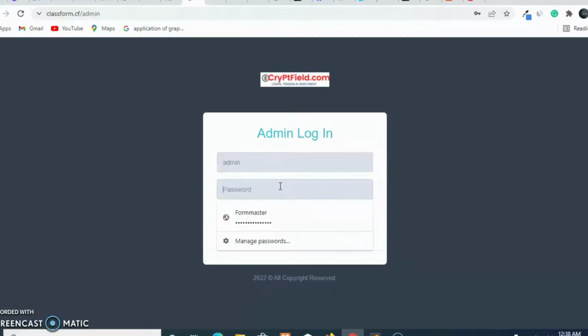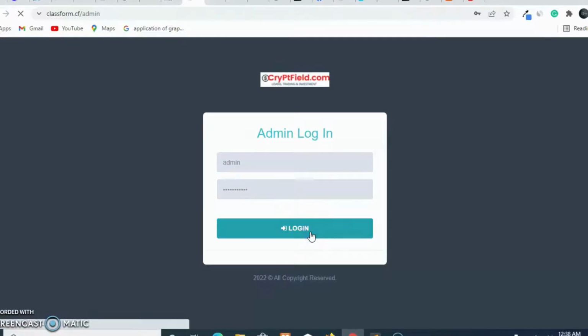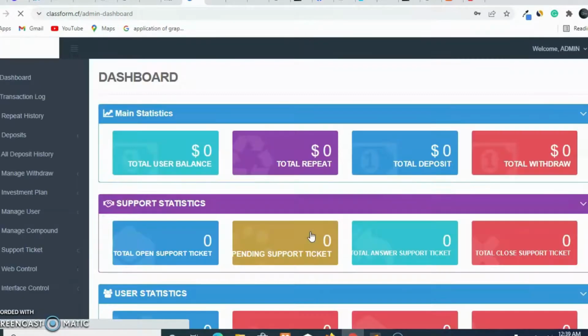Username and password is admin. So I want to leave both the username and password at admin so that you'll be able to change it to anything you wish when you get this file.